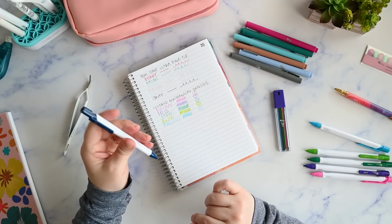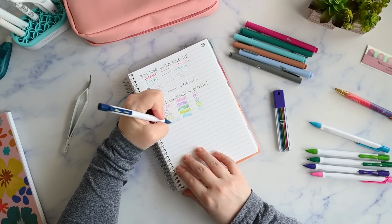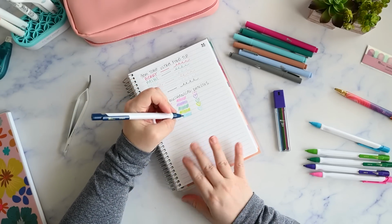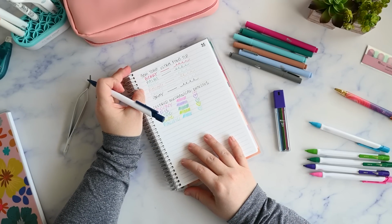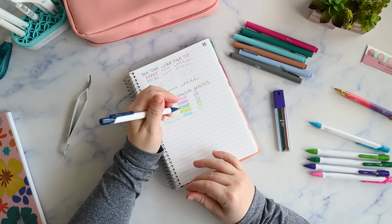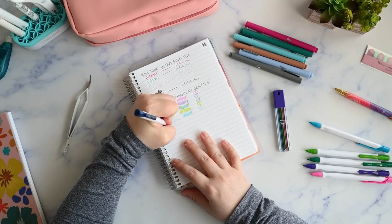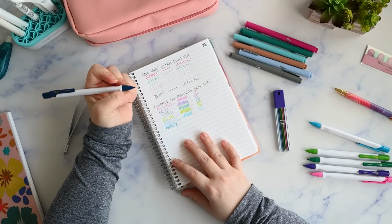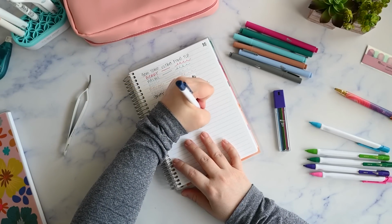And then navy. I'm excited for this one. I love navy. The colors are nice and vibrant. It doesn't feel like it actually colors. You know how you would get the super budget colored pencils and crayons as a kid and they wouldn't deposit the color really well? These do. I don't have any problems with that. So navy is pretty close to Pacific, but